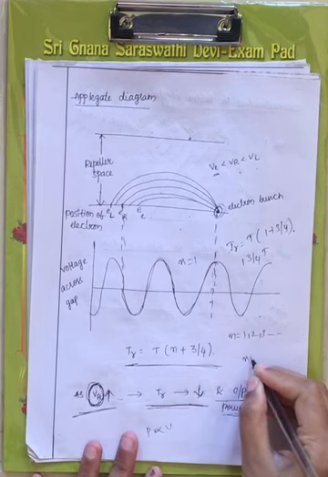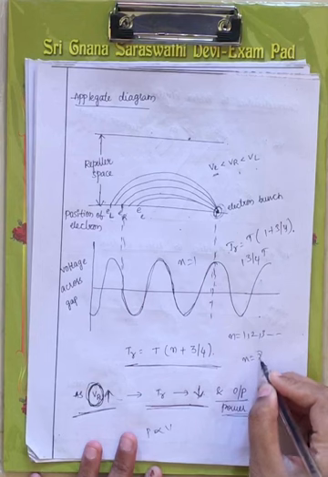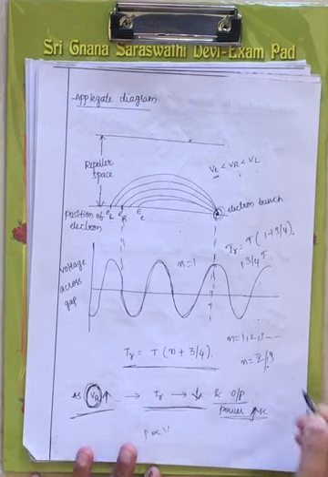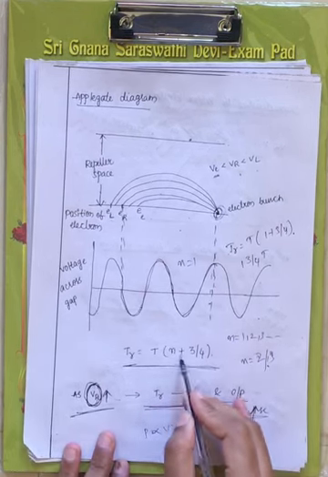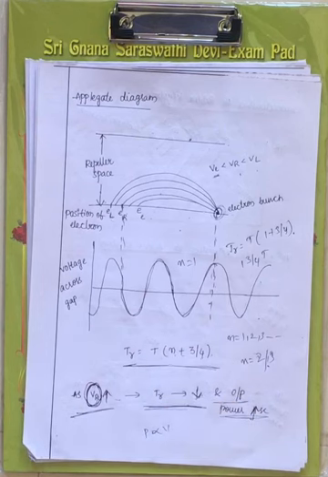Most probably, for the maximum output power, you will get it for n equals 2 or n equals 3, right? For n equals 2 or n equals 3, you will get the maximum output power for this particular reflex klystron, right?